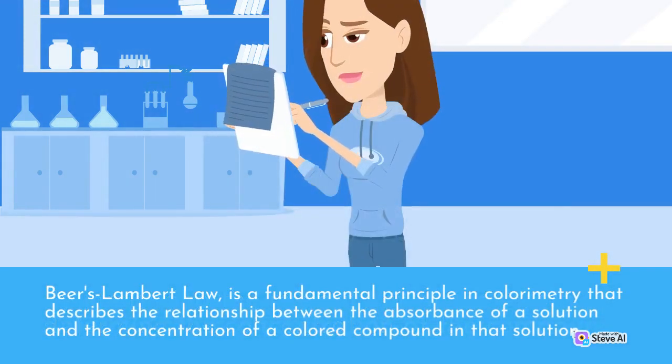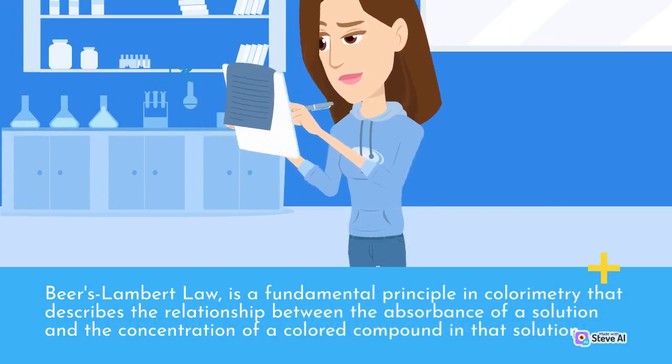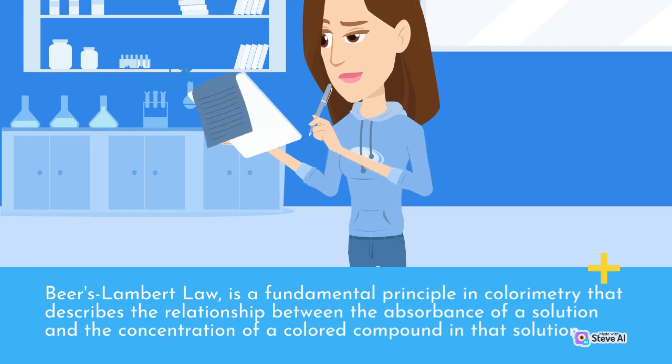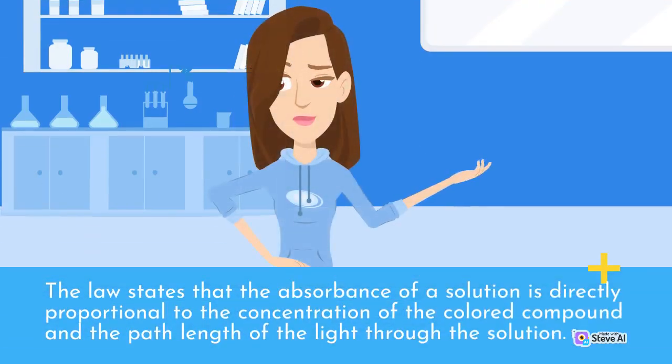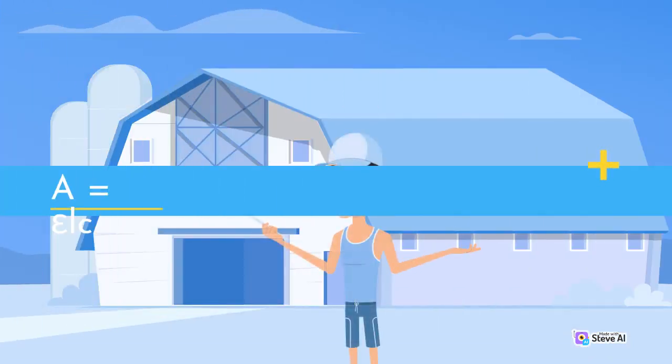Beer-Lambert law is a fundamental principle in colorimetry that describes the relationship between the absorbance of a solution and the concentration of a colored compound in that solution. The law states that the absorbance of a solution is directly proportional to the concentration of the colored compound and the path length of the light through the solution. The equation is A equals epsilon LC,